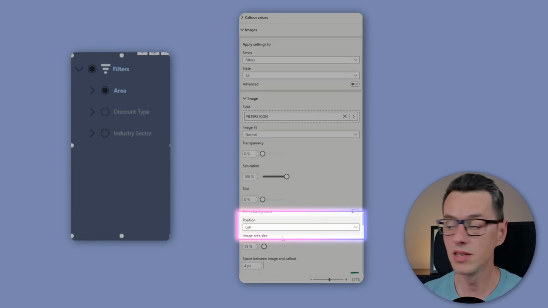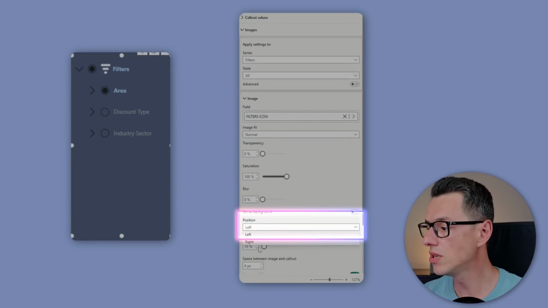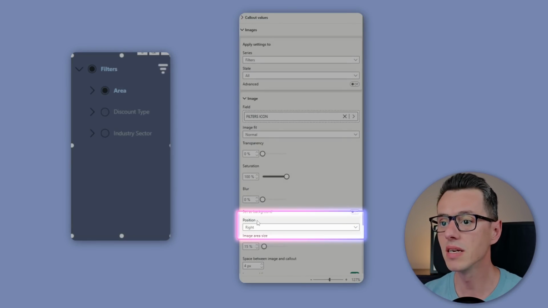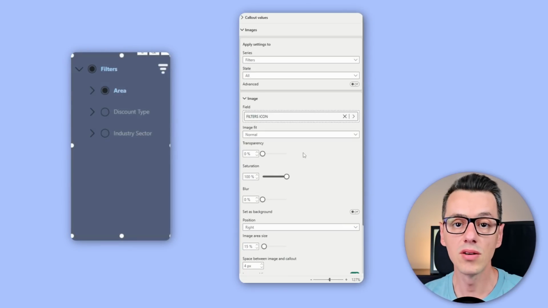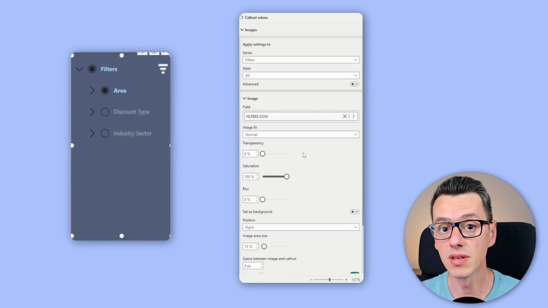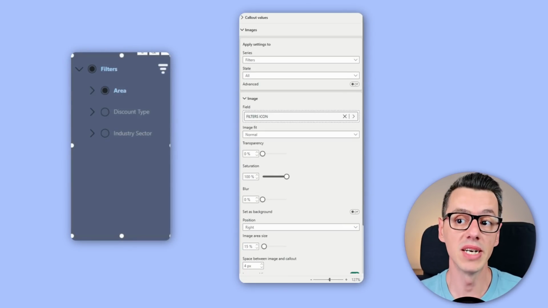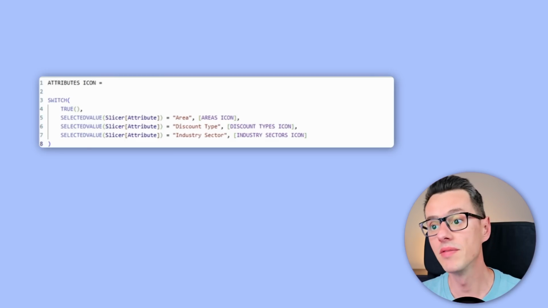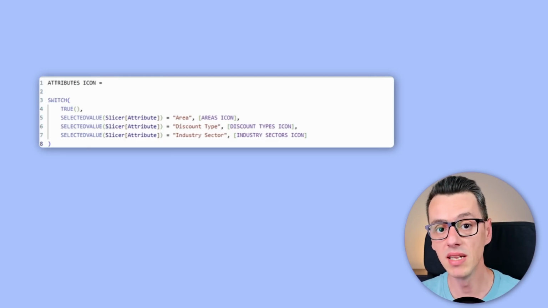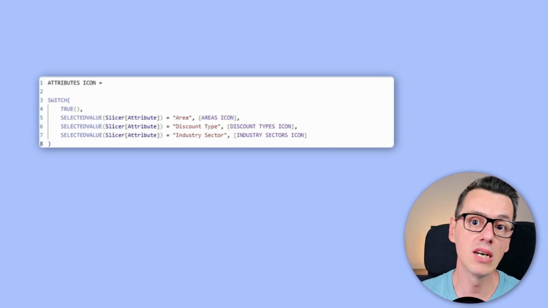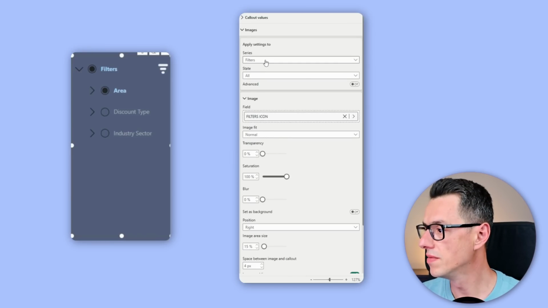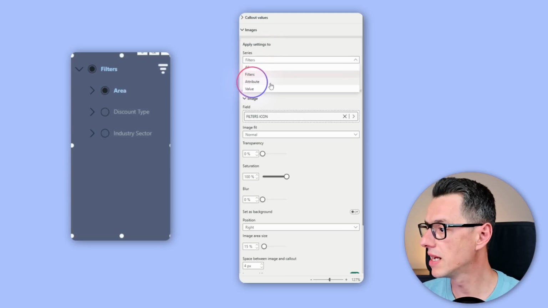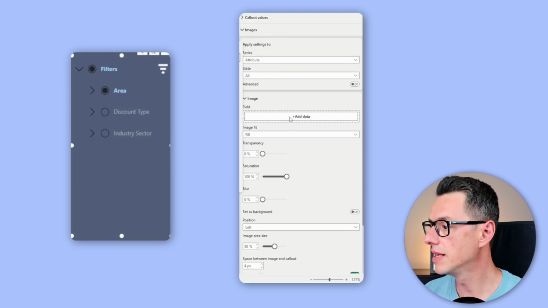One other setting that you could change again is the position. You can change it from left, let's say, to right, which makes a bit more sense. But this only changed the icon for the filters. What if you want to add something for attributes? For attributes, I have another measure that returns the respective icon based on whether the attribute is area, discount type, or industry sector. So let's go back to our visual, go and select attribute series, and then in the field